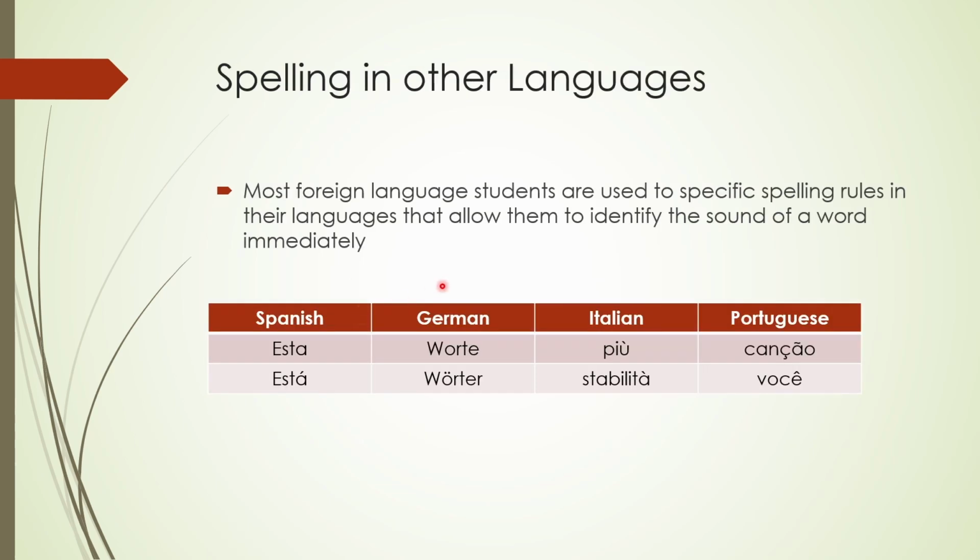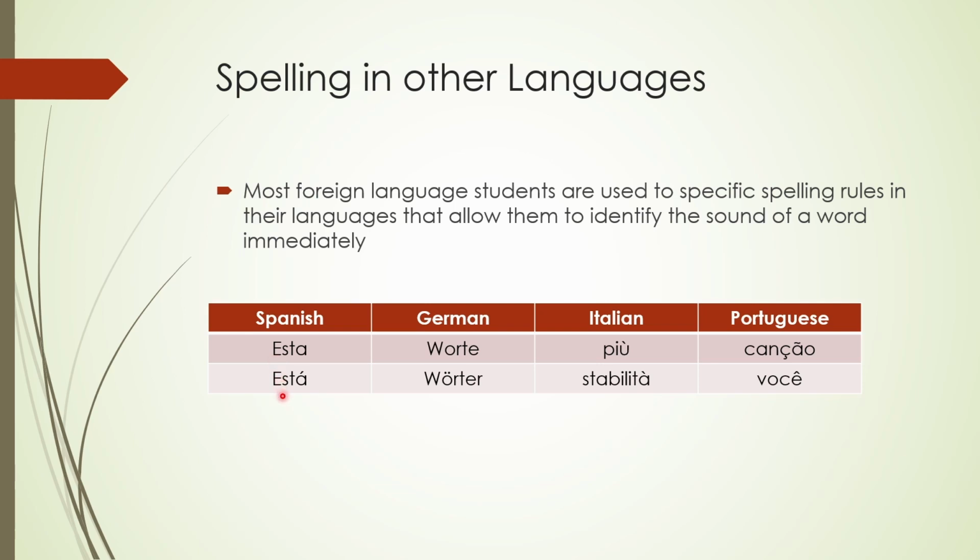Let's take a look at other languages and see how they deal with these differences. Here we can see the word esta in Spanish, right? In this word, we can see the old Latin rule being followed, which is that if a word has two syllables, the first syllable is long and the second is short, or the first one is accented and the second is not. That's what long means. It means it's pronounced with more stress than the second one, right? So in this case we pronounce